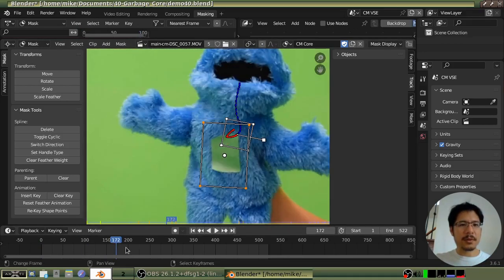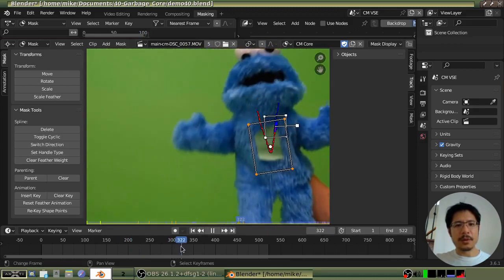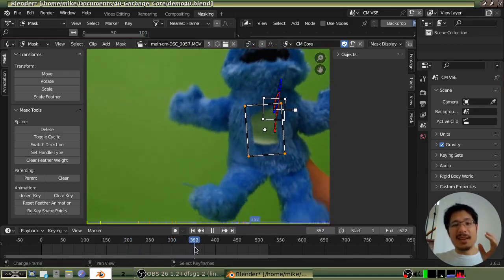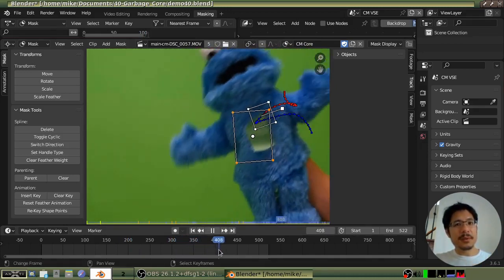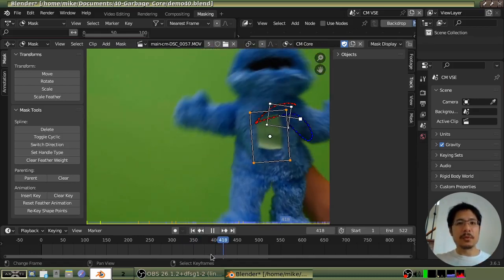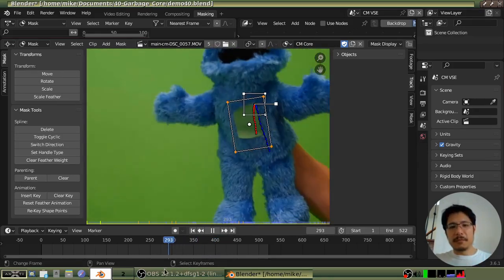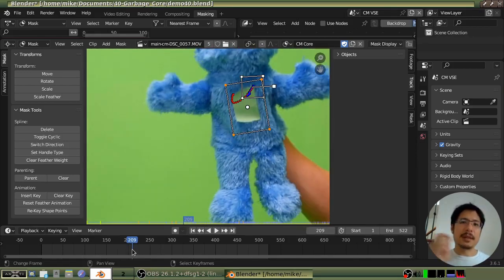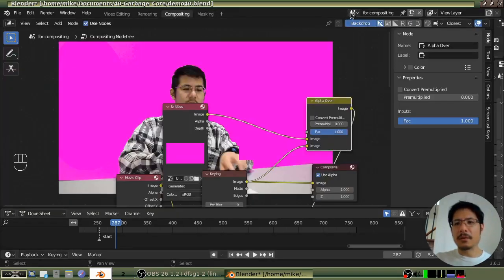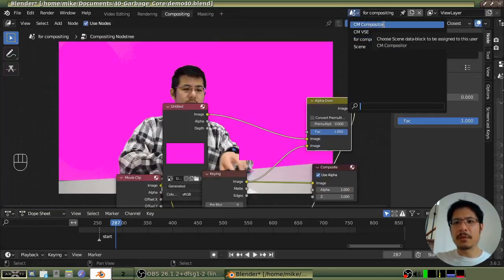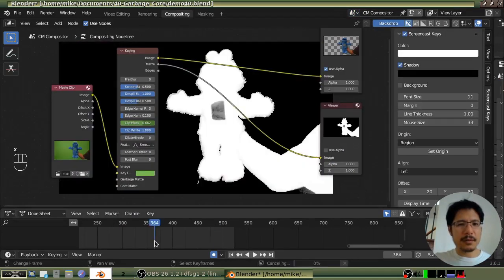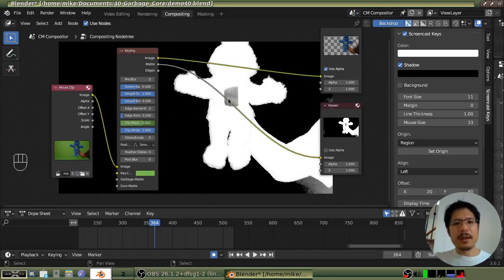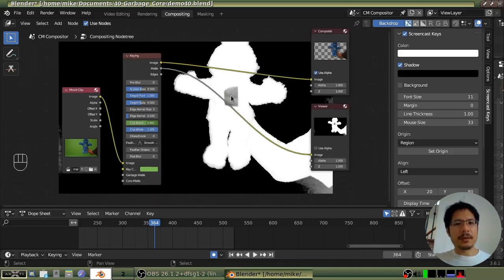As I scrub through here, you can see it's mostly following. This would be something that would be fairly hard to do inside of the compositor with those nodes that I showed you. But as you can see here, it's pretty decent. So that's the mask. Now let's see the application. So we'll go back to compositing. And over here, I'll flip over to the Compositor. And yeah, there you can see we've got that section right there is going to be partially, or in some